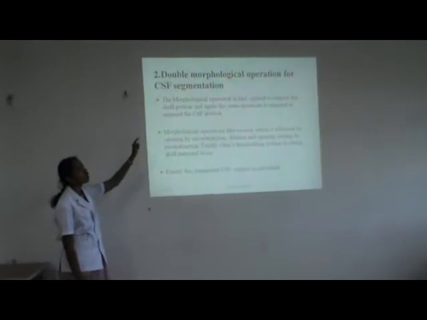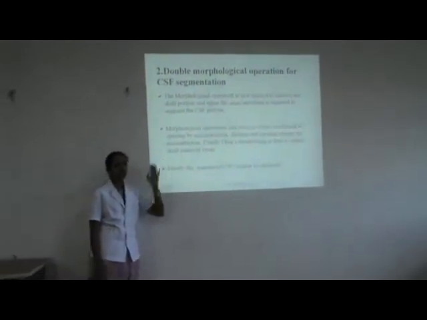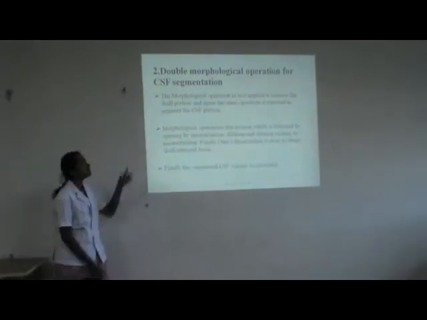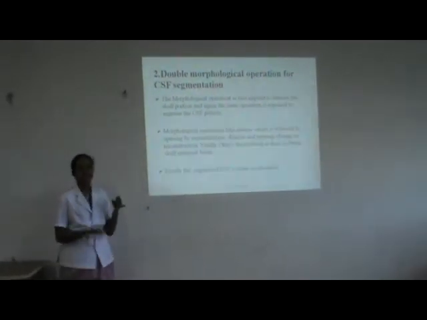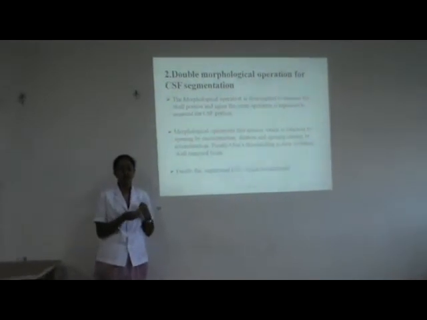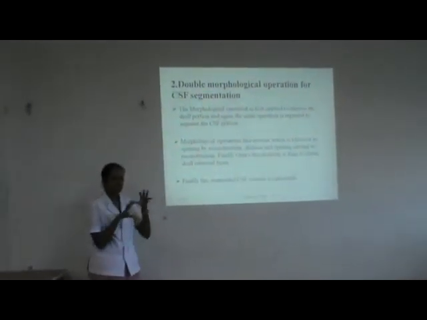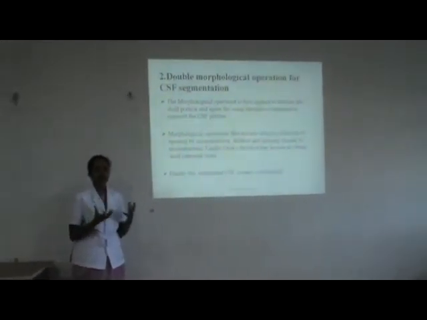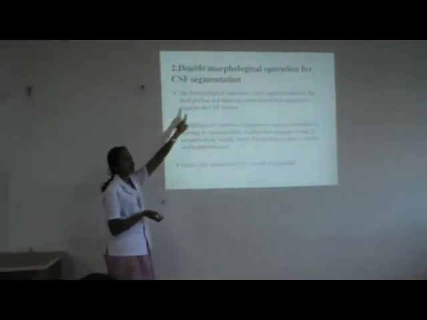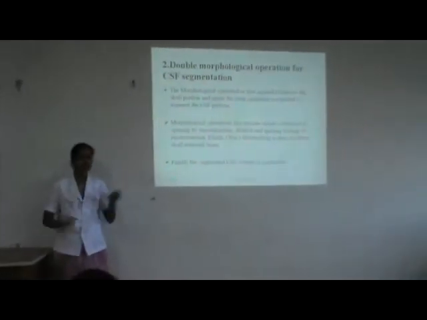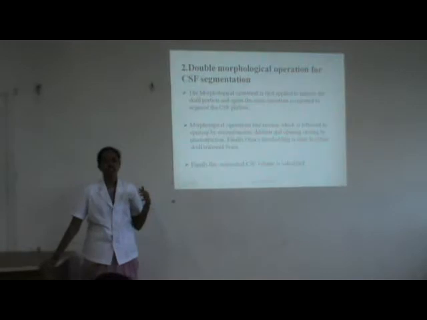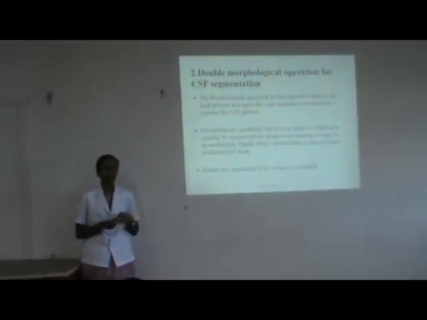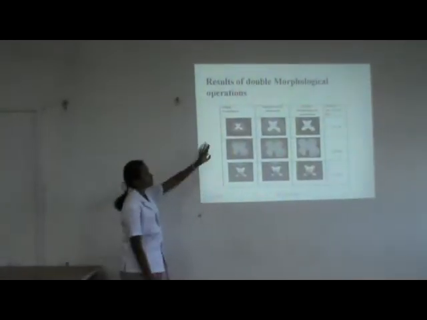And next one is double morphological operation. By this also we are going to diagnose brain tumor and hydrocephalus affected brains. By using this double morphological operation, the first time you use the morphological operator, it will strip the skull images. Before, we have seen how the pre-processing will extract only the skull. Like that here, the first morphological operation will extract only the skull. And by using the second morphological operator, we can calculate the volume for the brain, tumor affected brain and hydrocephalus affected brain. This is for double morphological operation.